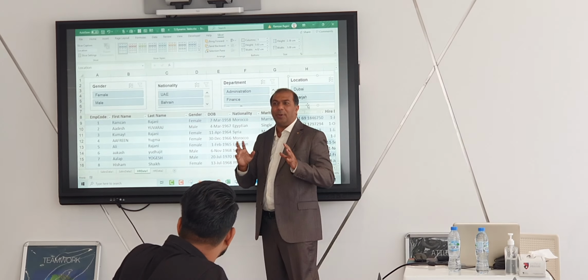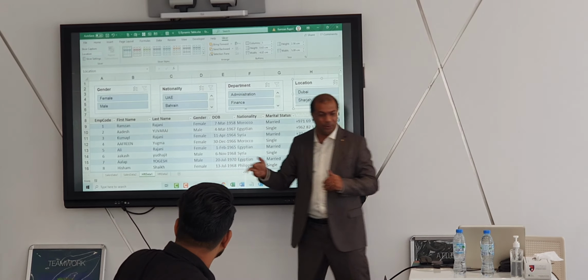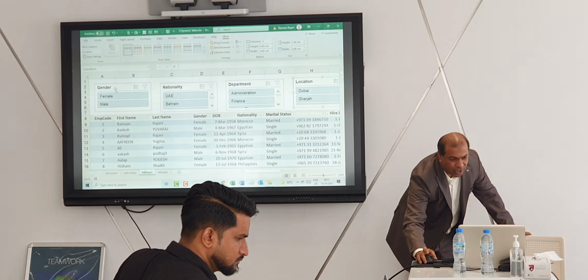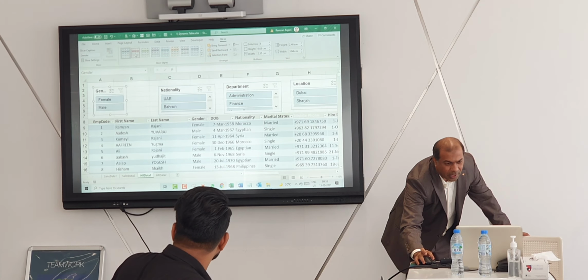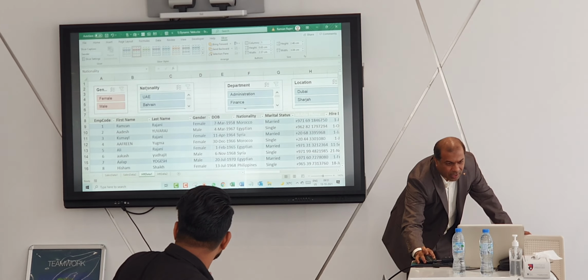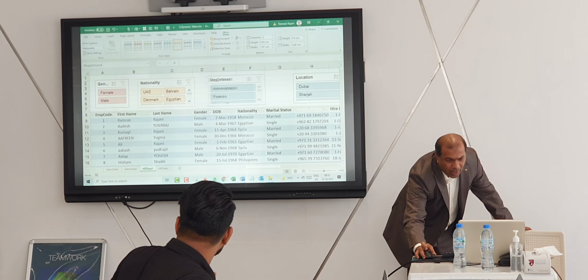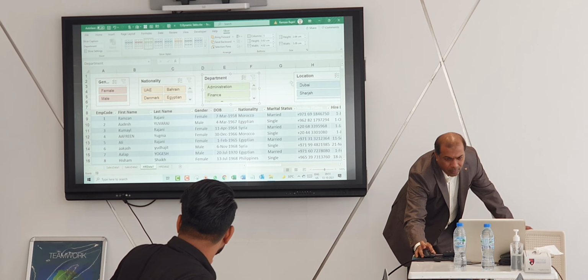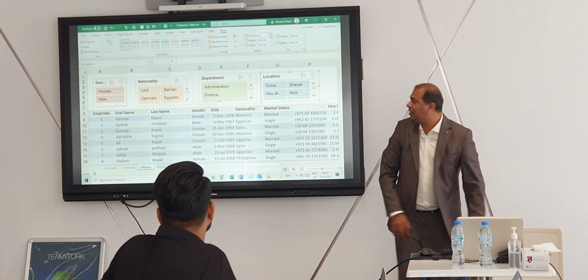Now what is going to happen, you know? You click on a button and it will filter down. I will show you. So I come on this gender and let me just make it a little bit small. If you love color, you can change the color from the top. You can change the heading from the top. I will just move it over here and I will move it over here. That's all. Now you see the magic friends.